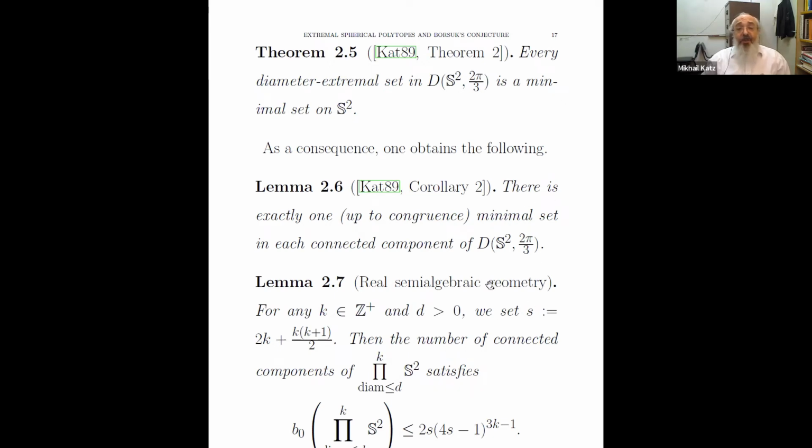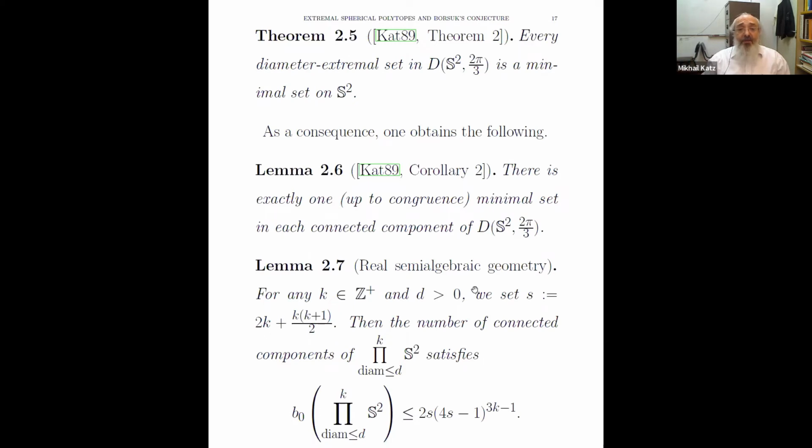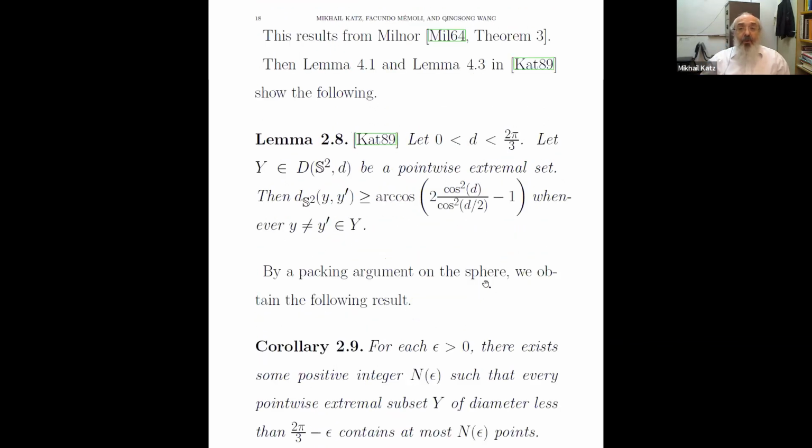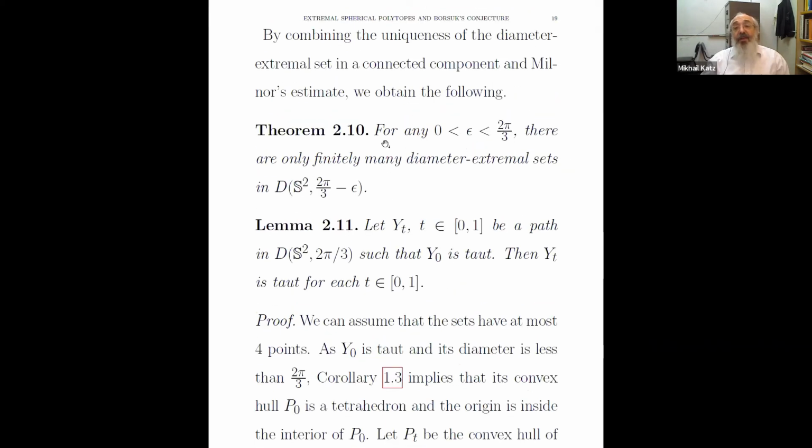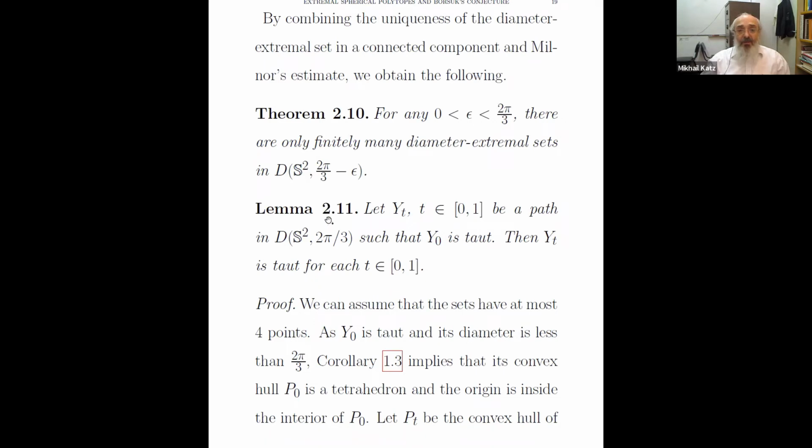And so now we can use real algebraic geometry, standard semi-algebraic geometry, to get a bound on the number of connected components, simply because things here are defined by algebraic polynomial inequalities. So we don't really need to go over too many details here. You get certain bounds, and you get a finite number of connected components, and therefore, by the theorem, you get a finite number of diameter extremal sets whenever d is strictly less than 2 pi over 3. Okay, let me just skip this lemma